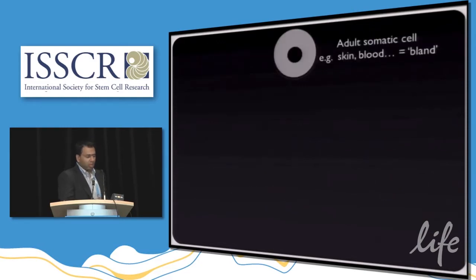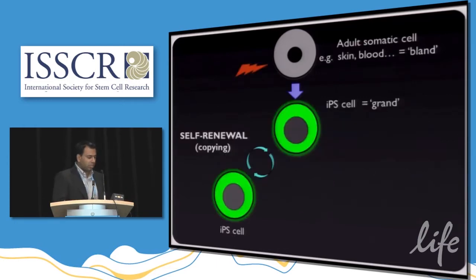So I had a little bit of a provocative title, From Bland to Grand, and the reason is that the somatic cells in my lab are considered very bland, because people have been using fibroblasts to immortalize and study neurodegenerative disorders, whereas fibroblasts don't make neurons. So the technology that Lawrence talked about, the iPS technology, since its advent in 2006, we've been able